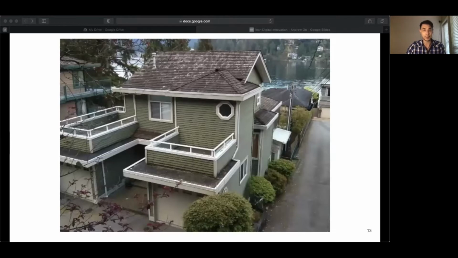It's like building a house that looks like this. If you build it first without getting feedback or any sort of validation, there's a very, very high chance that you can end up building wrong or useless features that nobody wants. So like this balcony here, there's no door to it and things don't make sense. Now imagine how much it would cost to have to tear everything down, replan just to build it back up again. So with this building here, you have to tear down the wood, you have to tear down the structure, you have to replan, you have to build it back up. And this is very, very expensive and also very costly.